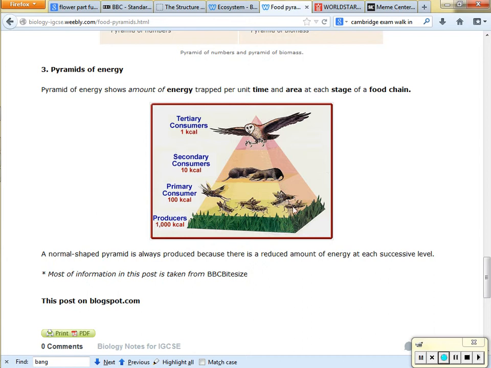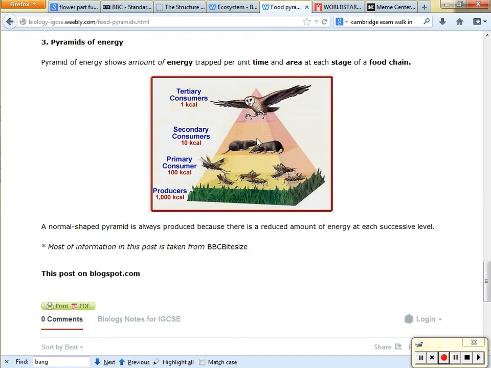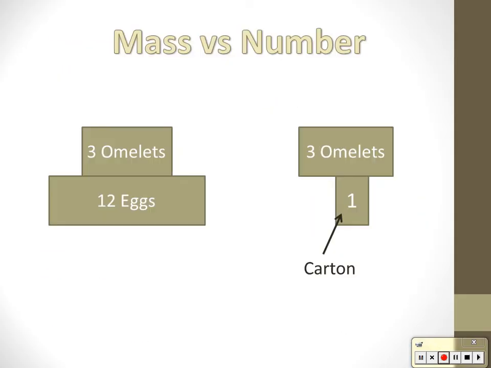So that's why it kind of makes sense to be vegetarians. If we were to just eat vegetables or producers, there would be more energy available because none is lost. By the time we get to this tertiary consumer, so much of the energy has been spent that we've wasted a lot of the time.